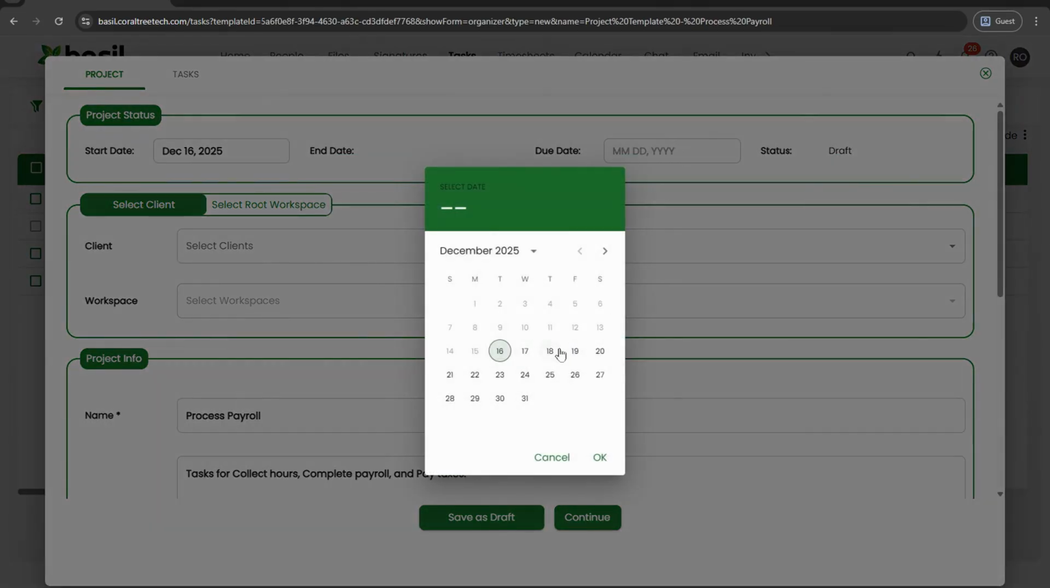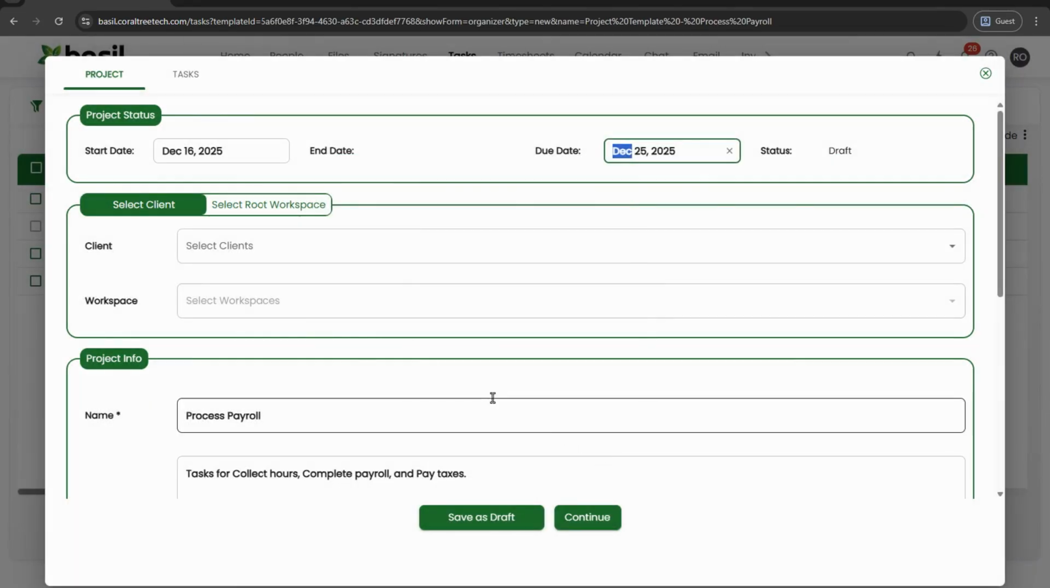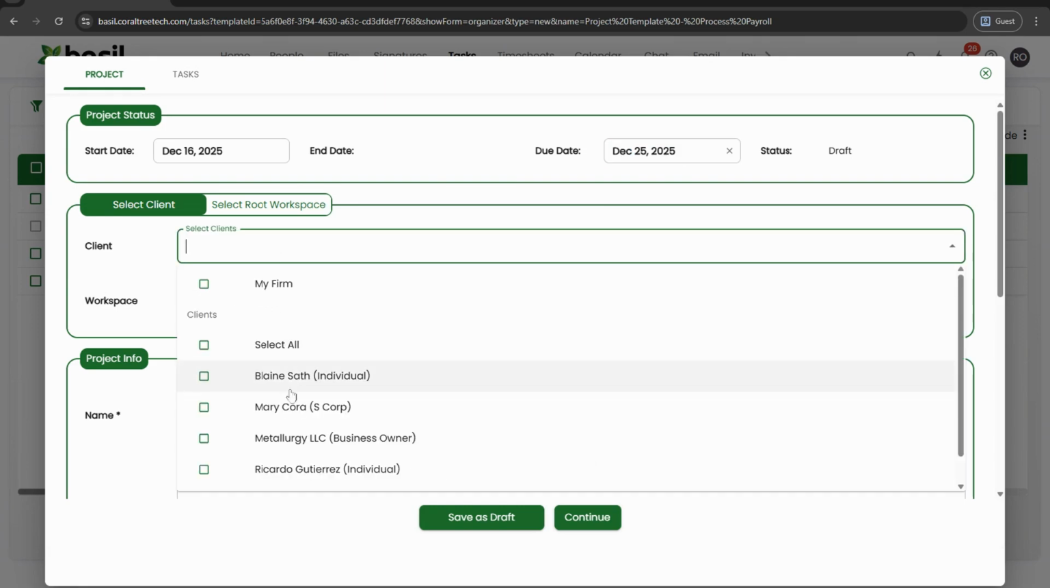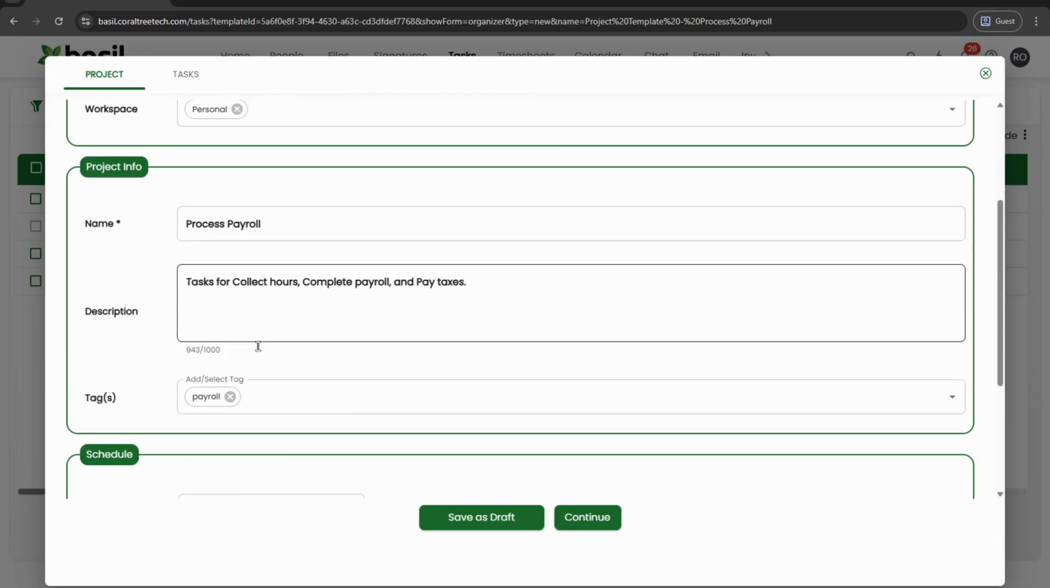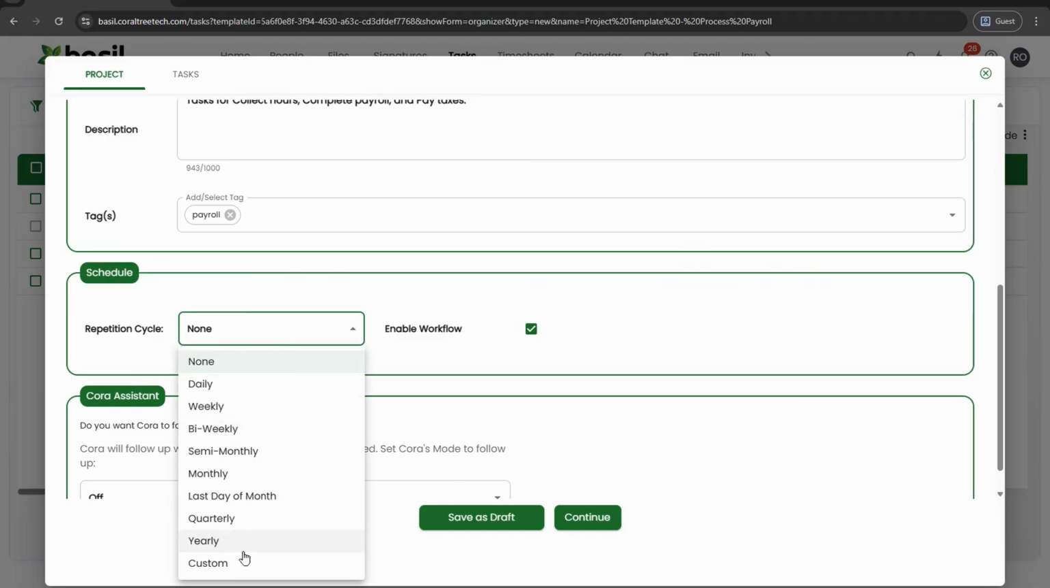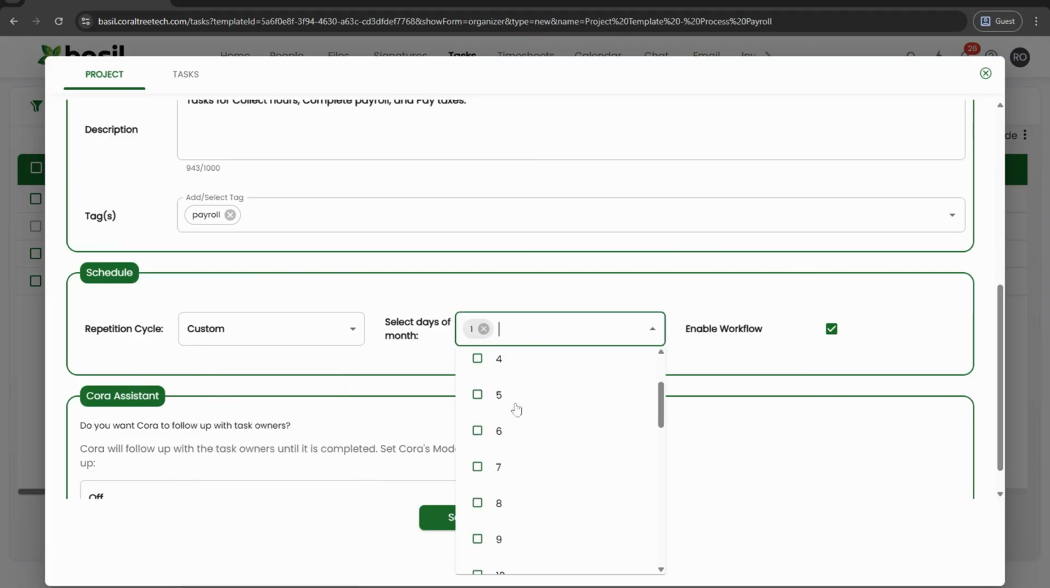The Select Client section allows you to choose the client or your firm and a workspace for each. Selecting multiple clients and workspaces here will create a separate project for each. The Project Info section is where you add a title and description. The Schedule section enables you to select a repetition cycle if needed, and choose whether or not to enable a